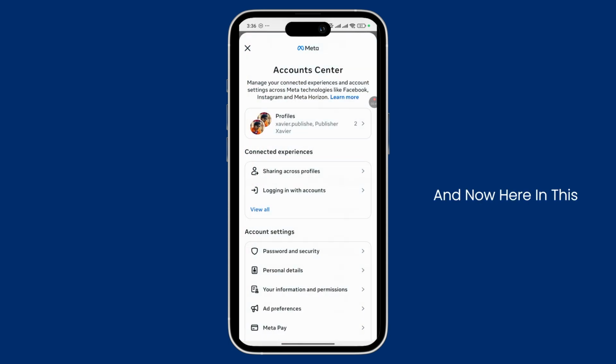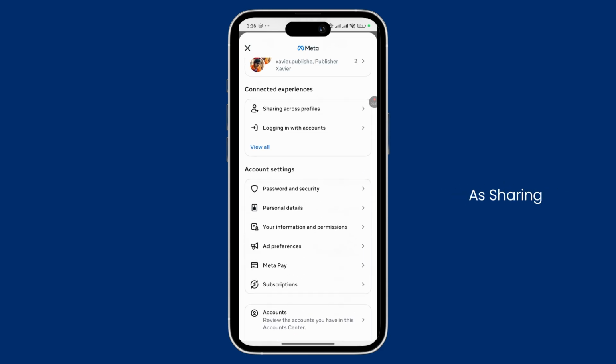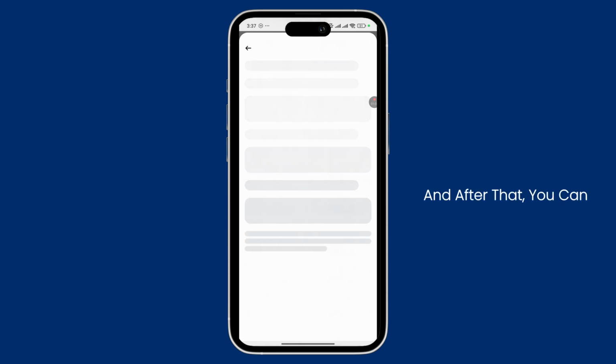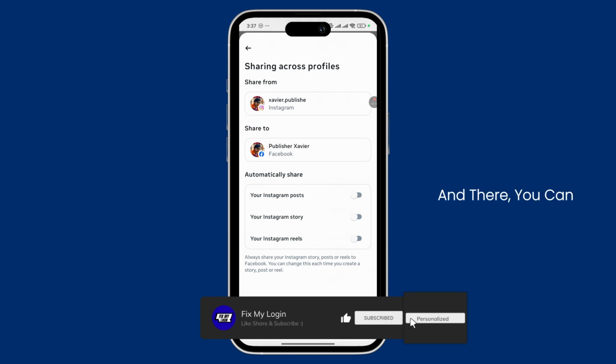In this section, simply scroll down and there you can tap on the option labeled sharing across profiles. Simply tap on it and here you can choose the Instagram account from the list of connected accounts, and after that you can find the option to share your story to Facebook, and there you can